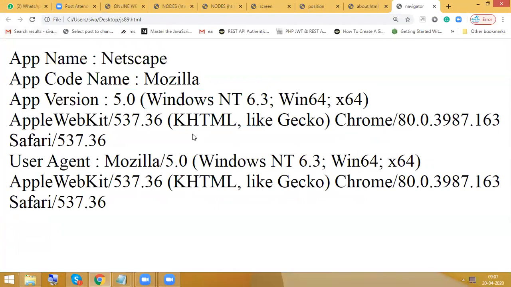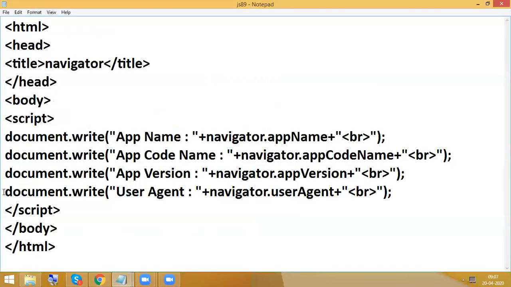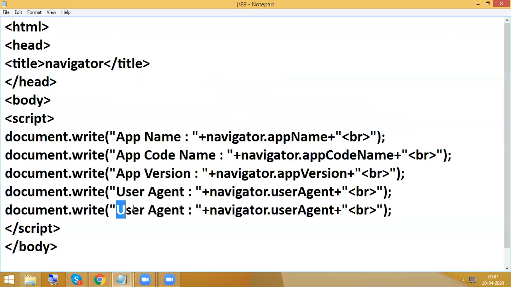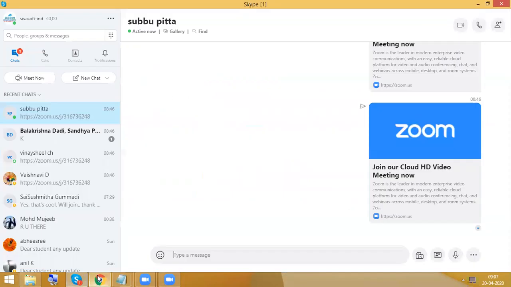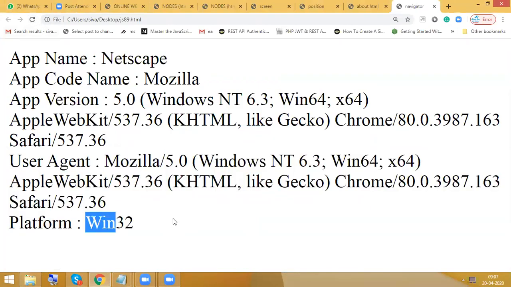It includes some dynamic information, versions and everything, that we are not familiar with. But this is a predefined program, so I'm just going to type it and we will get some output. That's it. Navigator dot platform. It's a Win32 platform, which includes some technical information.